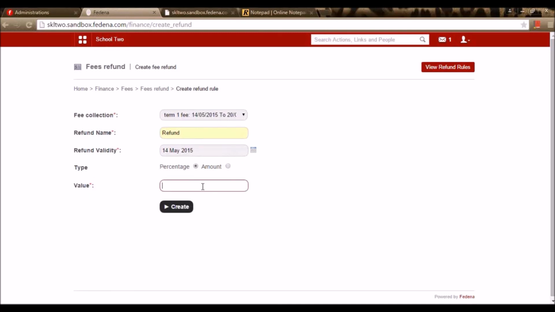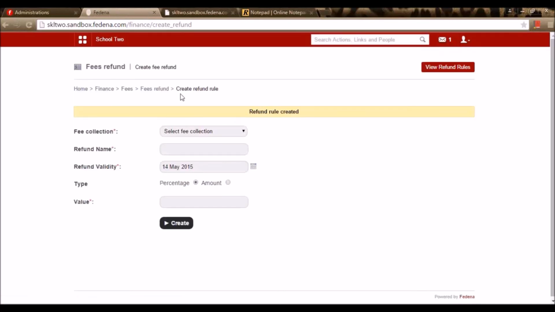If I'm going to give a percentage, I need to enter the value, say 2% or 10% of the fee collection to be refunded to the students. It is only applicable for students who have paid the fee completely. So I'm giving the percentage to be 10% and I'm creating it. I can also go for the amount and enter the amount, say 1000 rupees or 2000 rupees. I can create it right here.